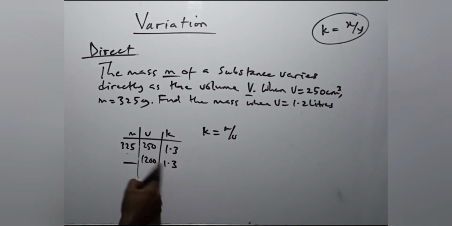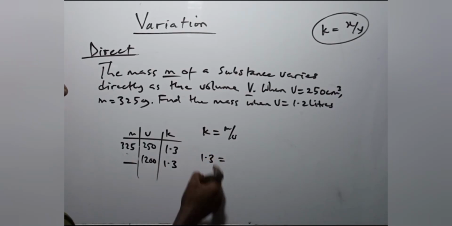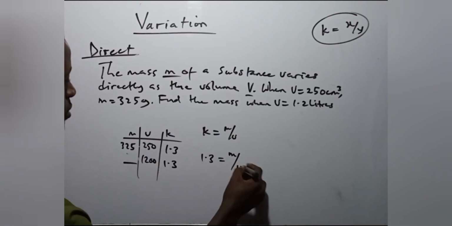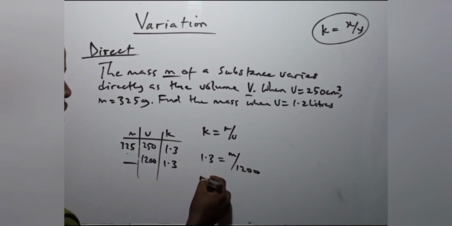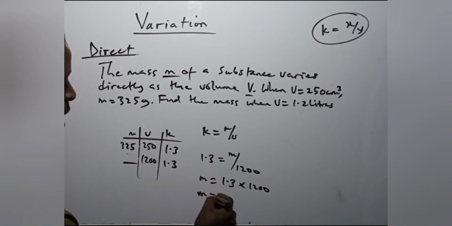So if you know your k, you know your v, how will you get your m? Here, come and put 1.3. You don't know m, write that. Then v is 1,200. So just simply cross multiply. That will be 1.3 times 1,200. Mass is going to be